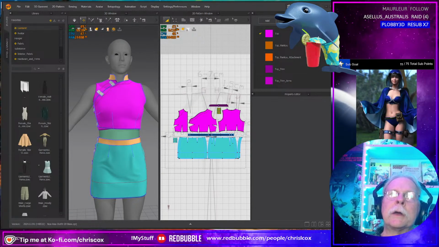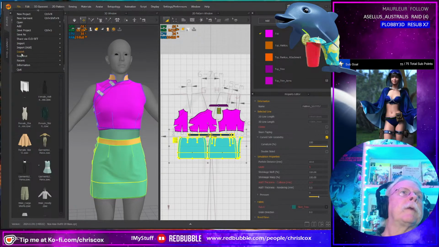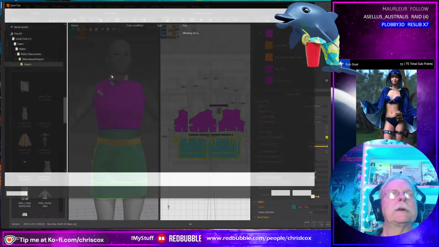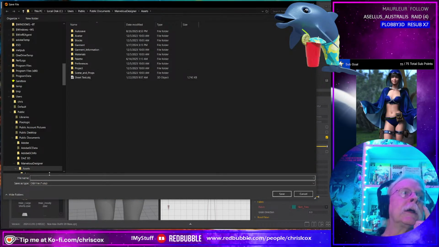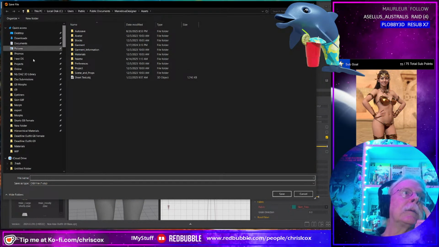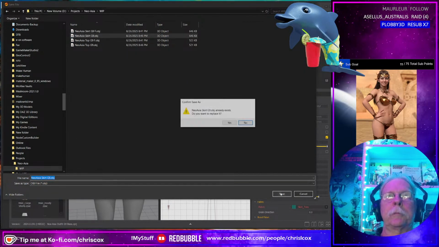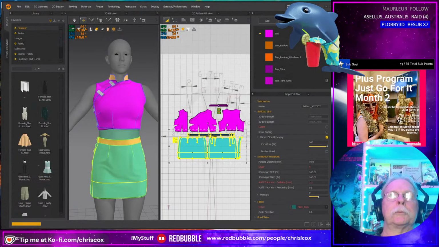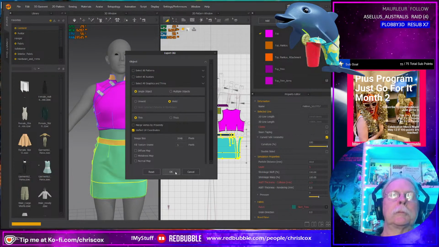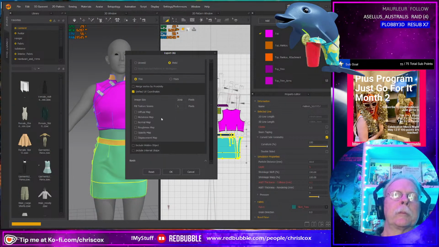Okay, select that. File, export, OBJ selected. That is the skirt. I hope this is good.